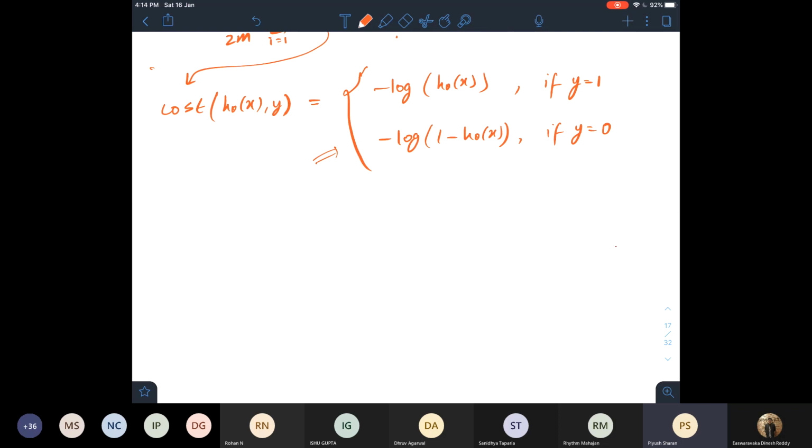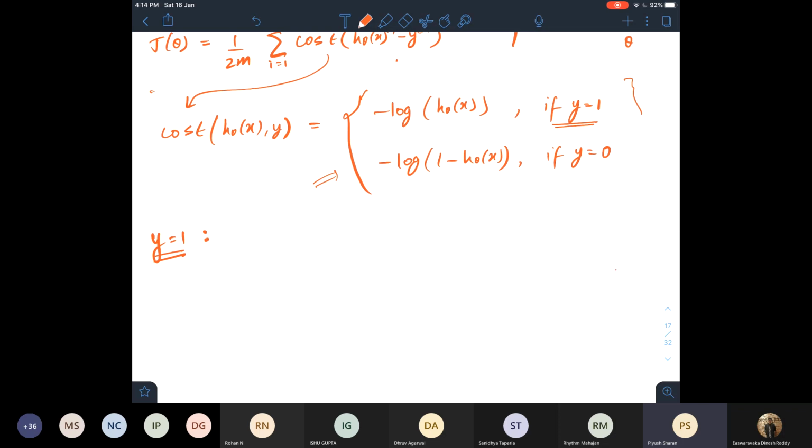If you were to plot it, let's take two cases. Y equal to 1. This y is the true value. For now we are doing training, so if the value of y is actually 1, then the cost is defined by this. Why so?